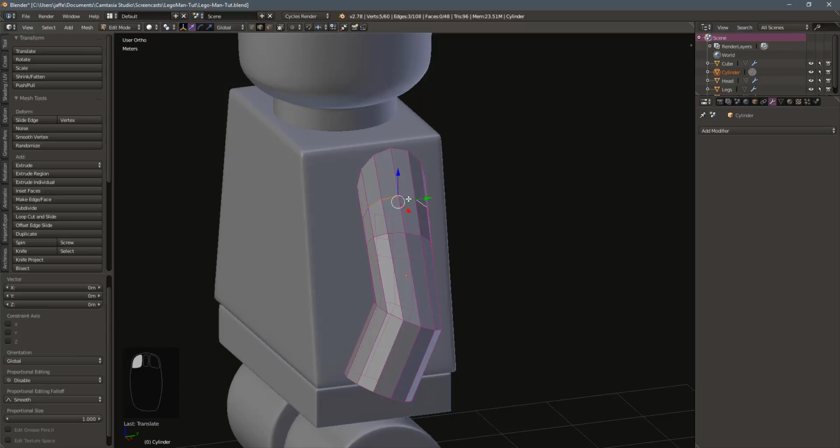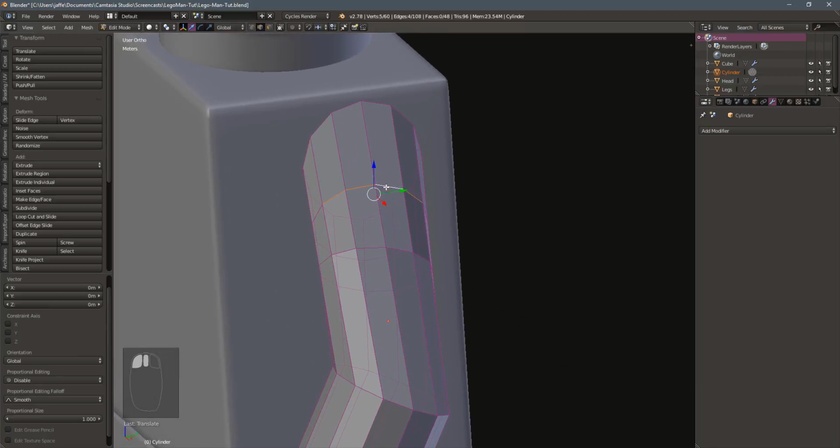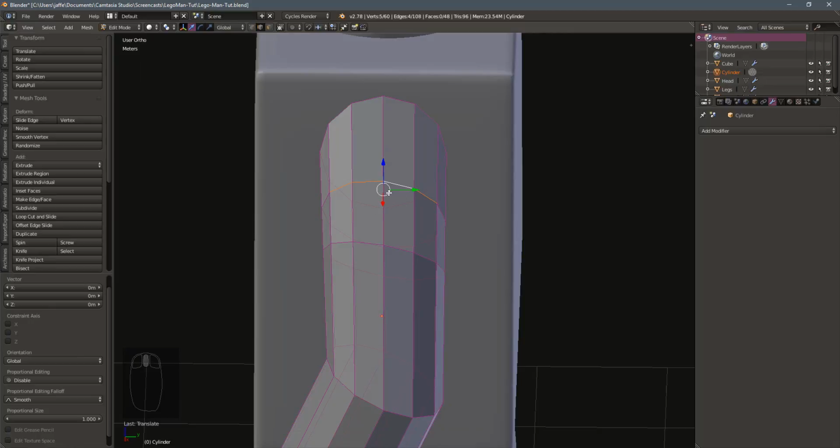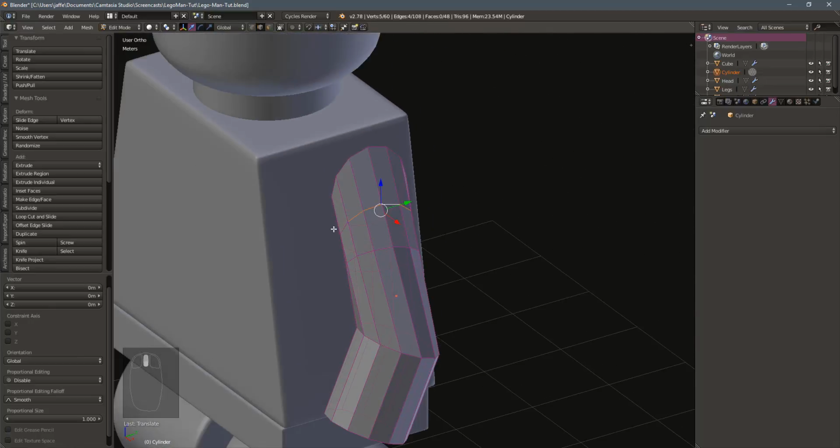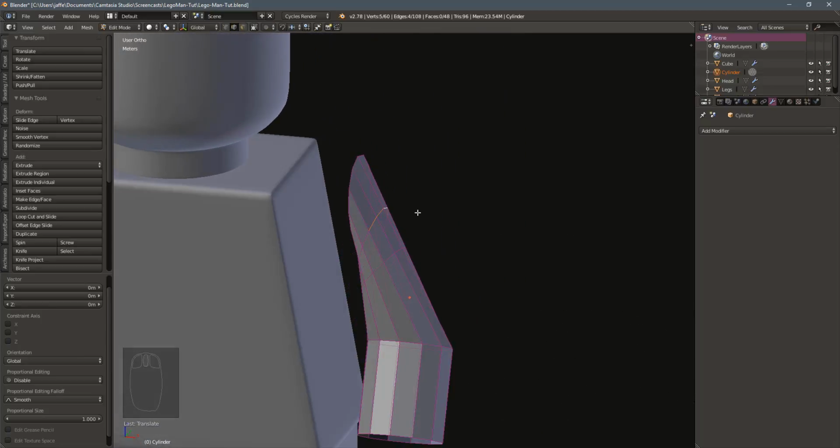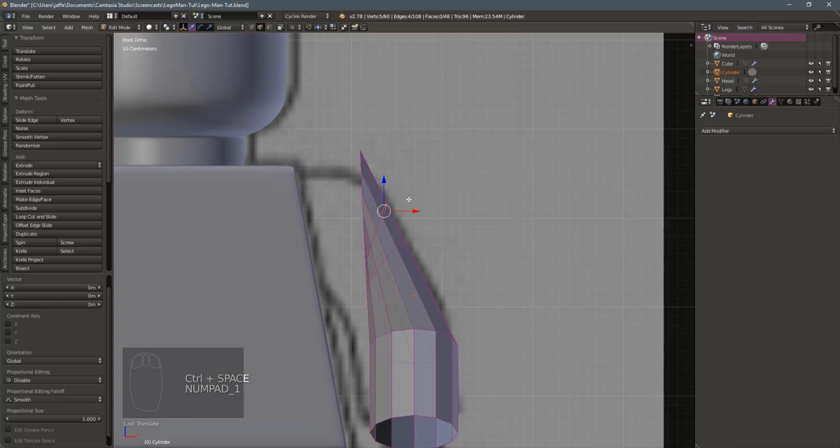Now to get this shoulder, we're going to go ahead into edge select mode, and we're going to select these vertices. Now sometimes I hate that the controller gets in the way. So quick way to get rid of that controller is hit Control Space, and it'll get rid of that controller arm. And let's just hit G and grab this up,